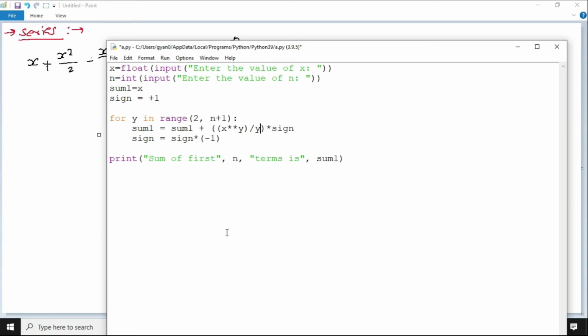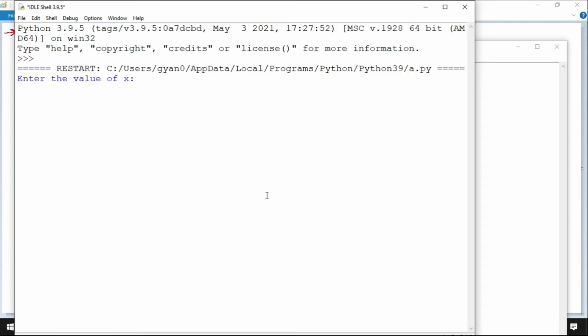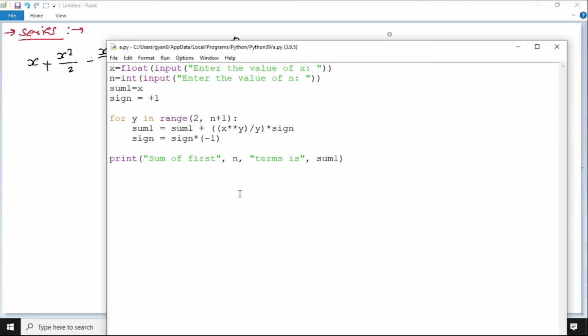Okay, if y is equal to 2, we have to divide it directly by 2. So that's why I have written here divided by y instead of divided by value. Save it, run module, enter the value of x, enter 4, enter the value of n, enter 5, and here we are. So hopefully you are getting this, and hopefully you are getting comfortable with how to deal with such series.